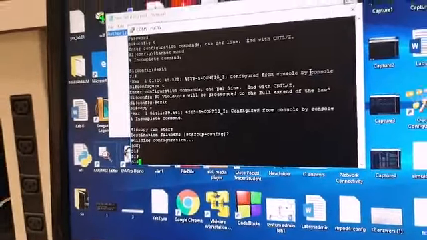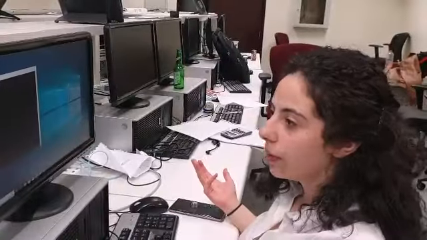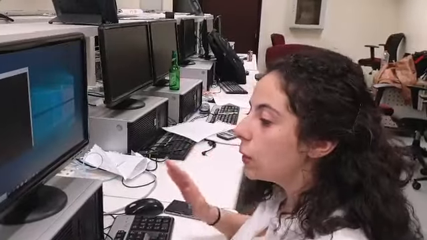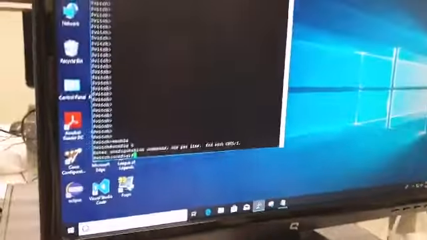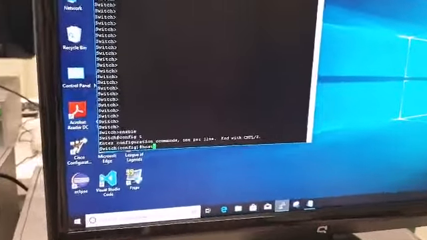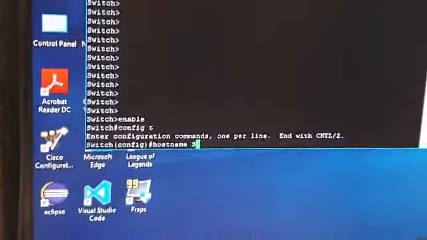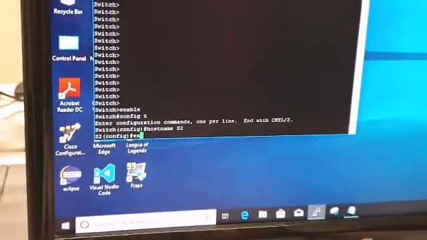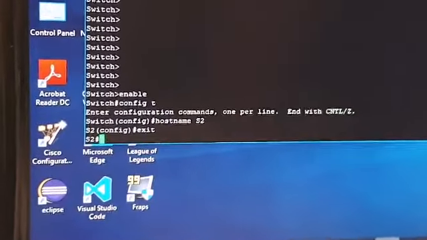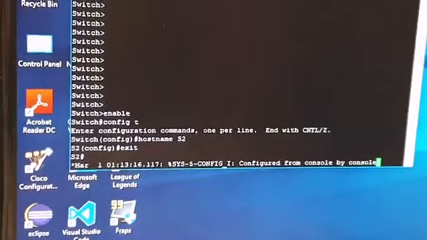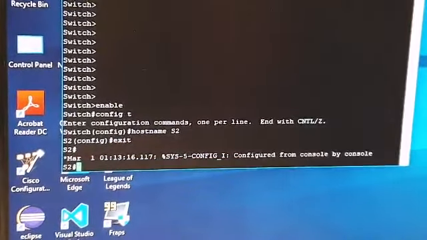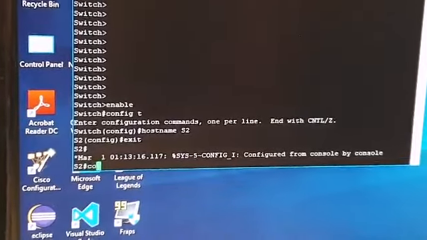And that's about it. I'm going to be repeating the same steps as Komil, but on the second switch. So we're starting from enable, config T, and then we're naming the switch, exit to save it. Okay, that's the first part. And then we're gonna enable again. We're gonna enter. And then we're gonna config